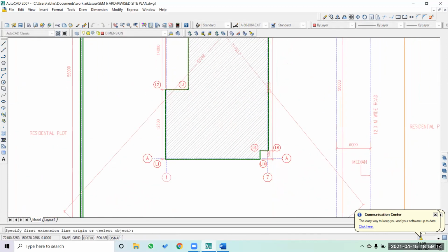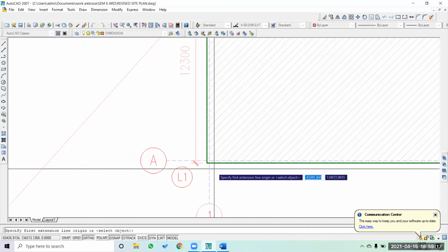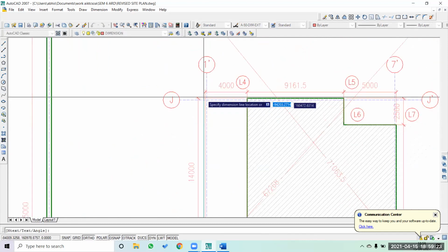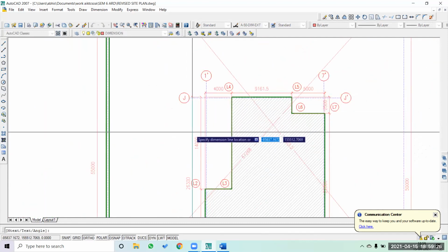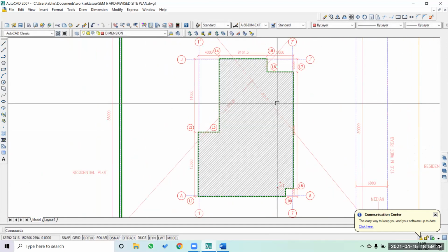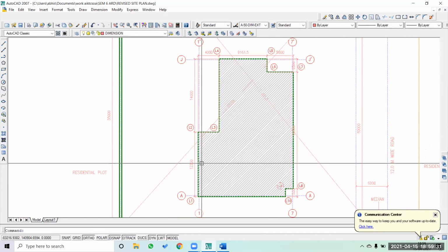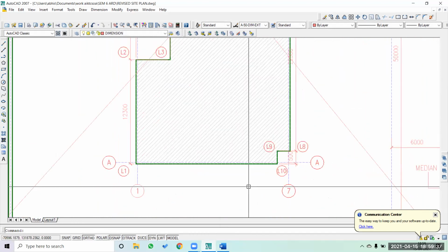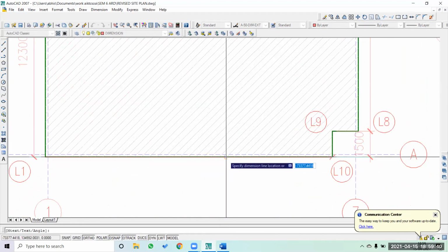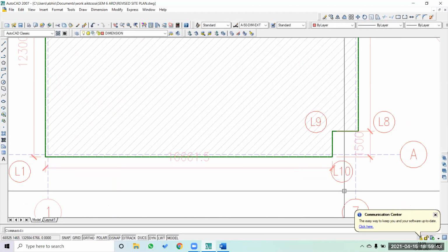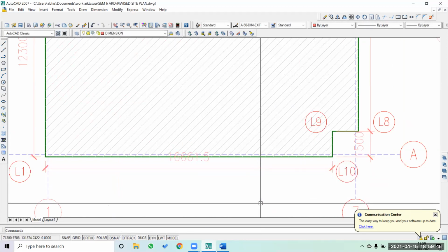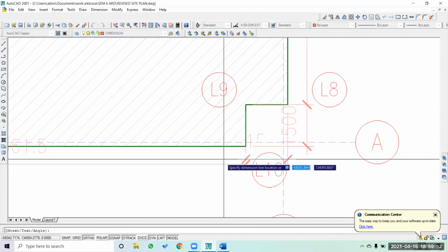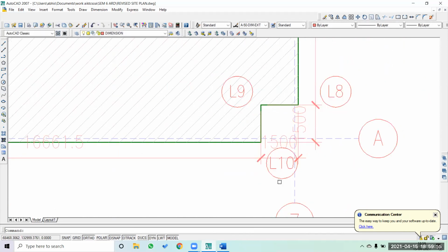Now another important thing which remains is giving the overall measurement of the particular building if it is required. But right now this is more than enough. People can do the additions and then they can come up with the overall dimensions. So we have dimensioned the whole building. Yeah, the one setback that remains is here, so we'll do that. Also, this particular setback is there.